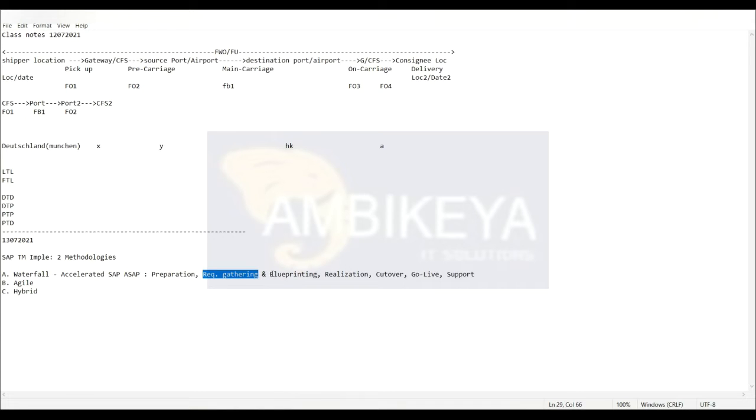All these other things come under this requirement gathering phase. And then the blueprinting phase comes in, where we study as-is and to-be. As I said, we study the as-is business processes, and then you also decide on the to-be business processes. Ultimately, a document you will create is called a business blueprint document, or BBP document, which talks about all the as-is and to-be, so that by merely seeing the document, the customer, anybody, can understand